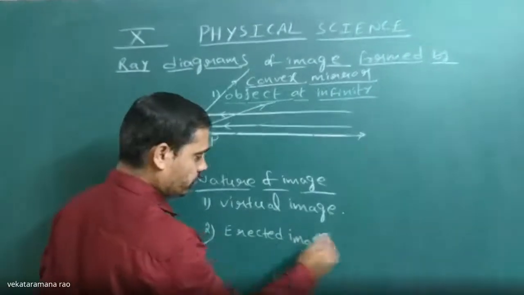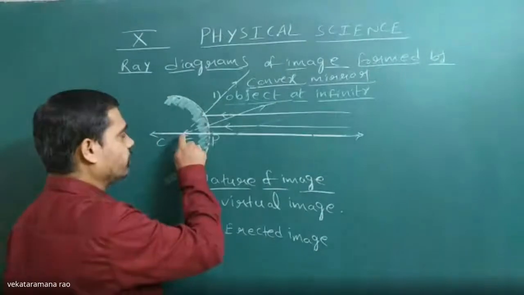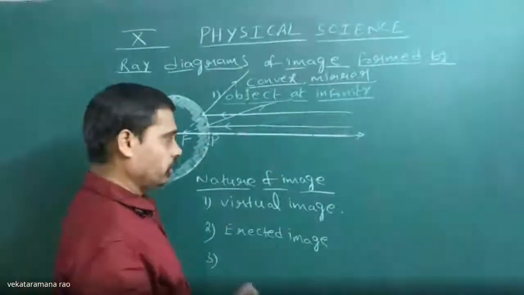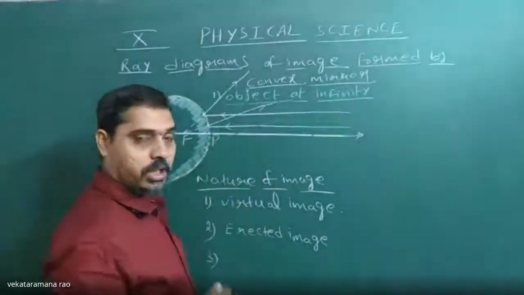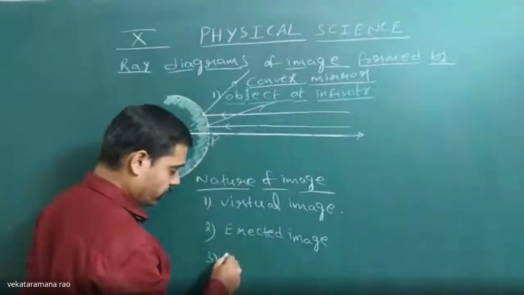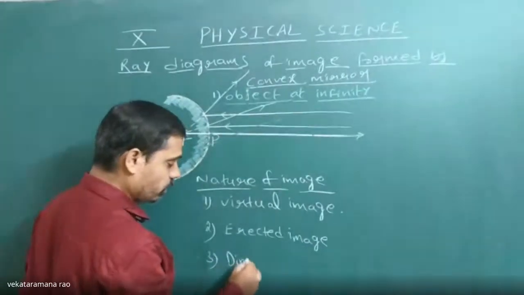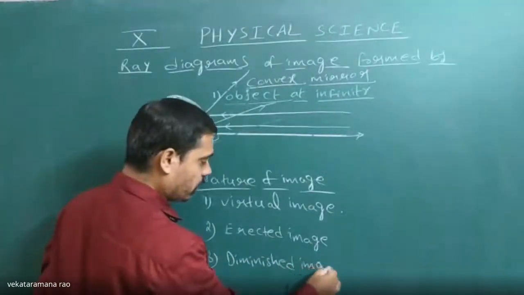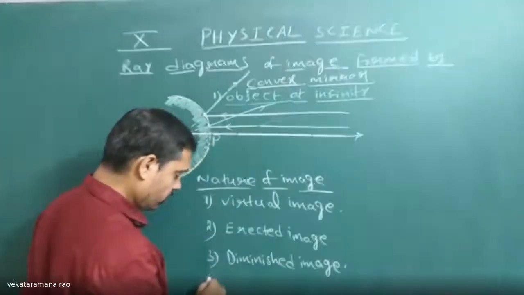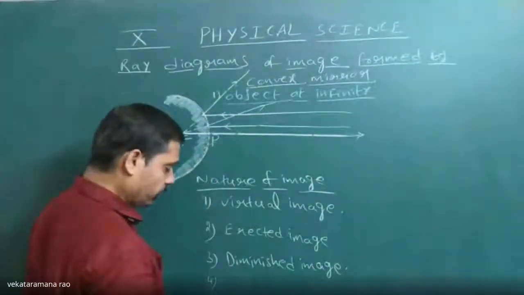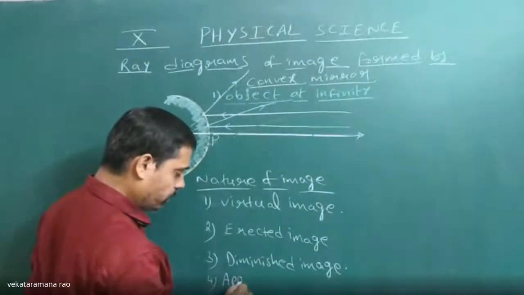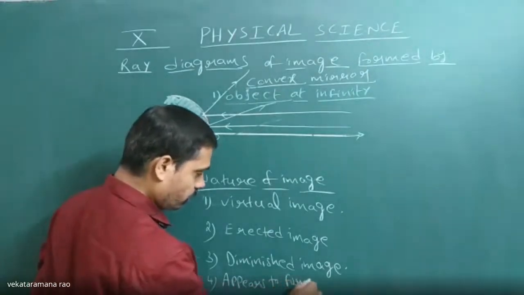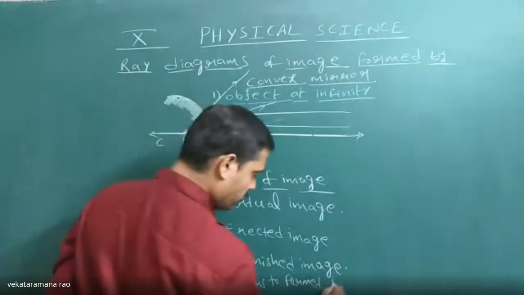The third one, the size of the image formed. Actually the image is not formed, but it appears to form, if you see through the mirror. Then it is a diminished image, diminished to the point size. Next, where does the image form? Actually not formed, but it appears to form behind the mirror.